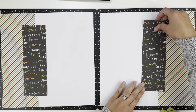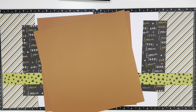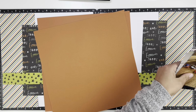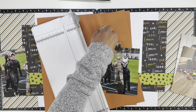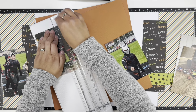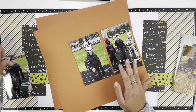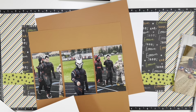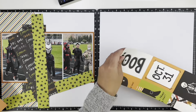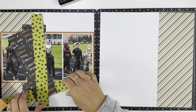I had to cut the green strip first because I knew that black piece had to be a specific cut because of the words, if that makes sense. So I got the green piece first to make sure that I had enough to go across both pages, and then I cut the opposite side, and it worked okay because the black phrase paper is going to go behind my photos. So I was able, or I will be able, to cut them and kind of elongate them, then tucking it